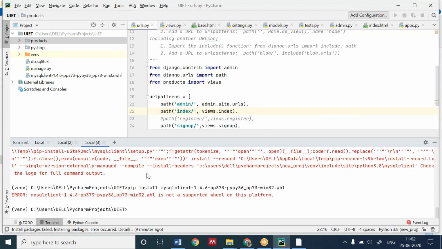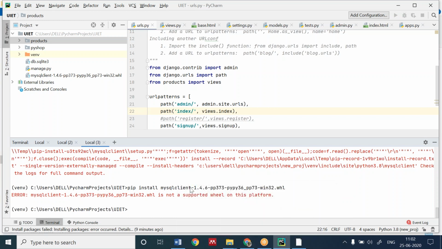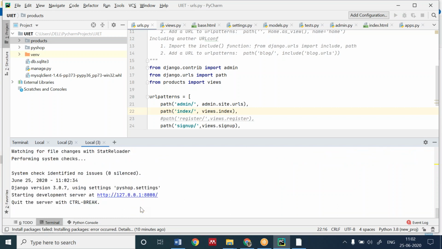Okay. So you can resolve it like this only. So this is for the tomorrow setup. I am making your system ready for tomorrow. Today we are going to work on the DB SQLite. So moving on with that. Firstly, when I run my server, Python manage.py runserver, when I run my server, you can see here.